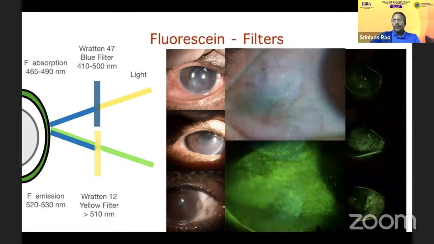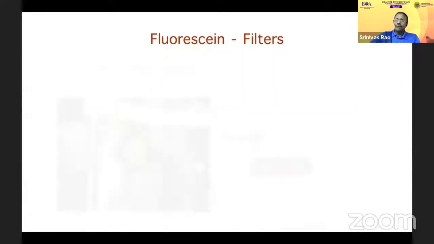But the true benefit would come when you're looking at conjunctival staining, because normally the blue light is intensely reflected from the white sclera, and you cannot use fluorescein to look at the conjunctiva. This is an example of lissamine green staining of a patient, and the same patient stained with fluorescein, but with the yellow filter, you can see the same extent of staining that is there. And therefore, if you have a yellow filter in your slit lamp, the only dye that you need is fluorescein.